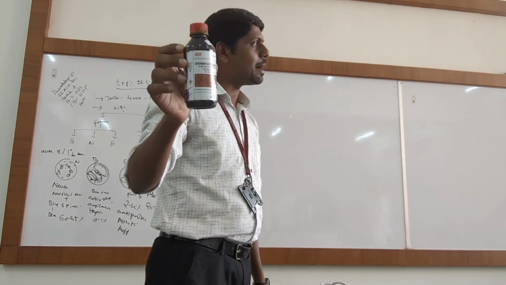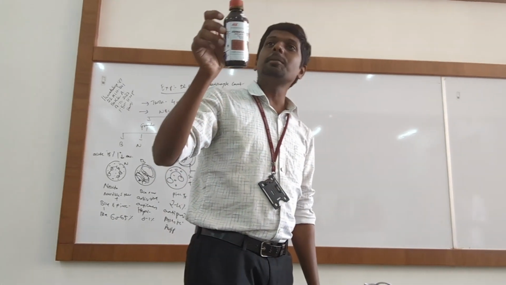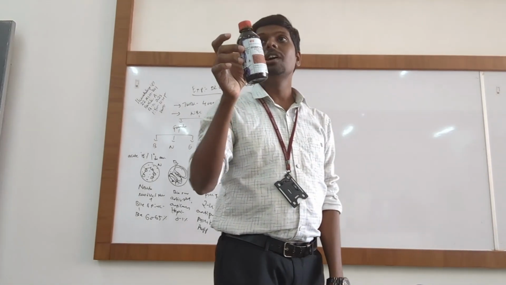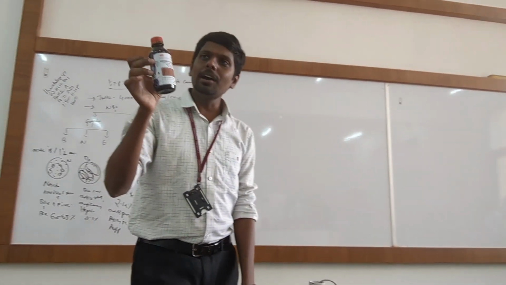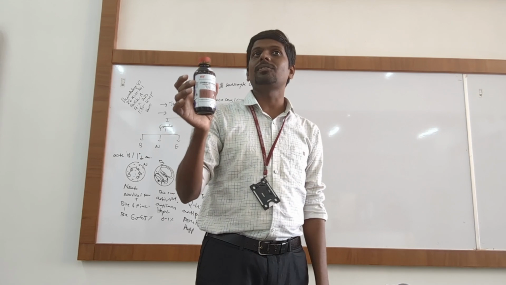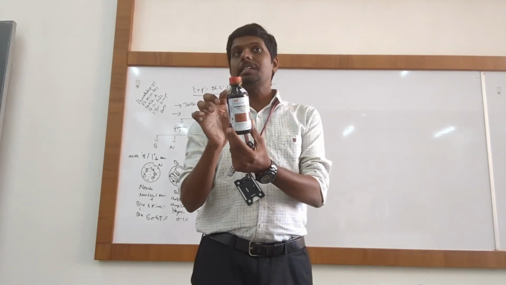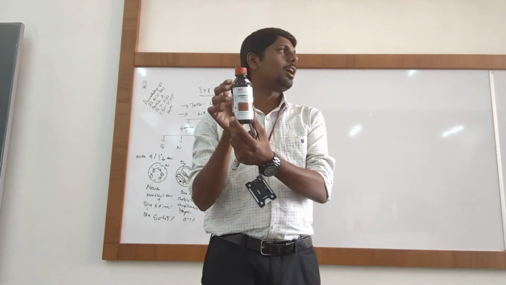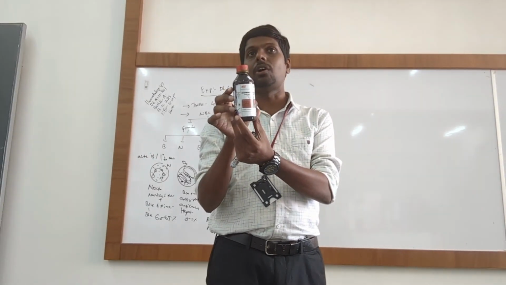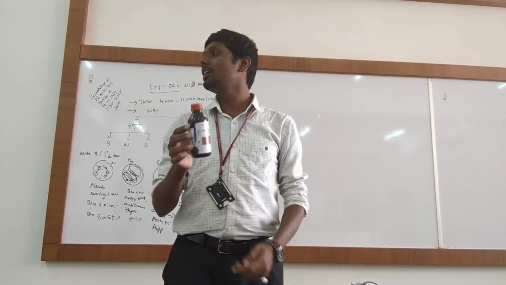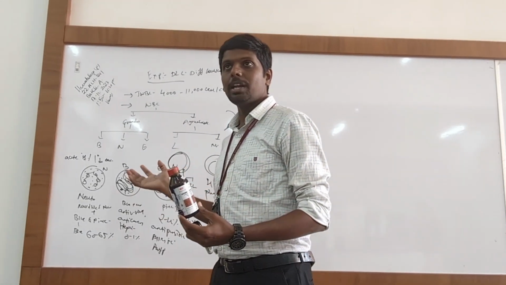Leishman is the hematological stain. What is the other name of Leishman stain? This will fall under a category: Romanowsky stains. What is the specific characteristic feature of Romanowsky stains? They are alcohol mixed dyes, right? They all have alcohols and they are extensively used for counting blood cells. So we are using Leishman stain for visualizing these white blood cells.